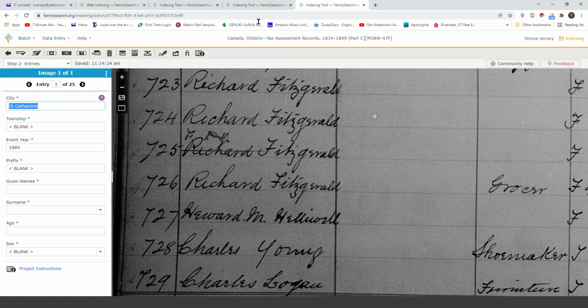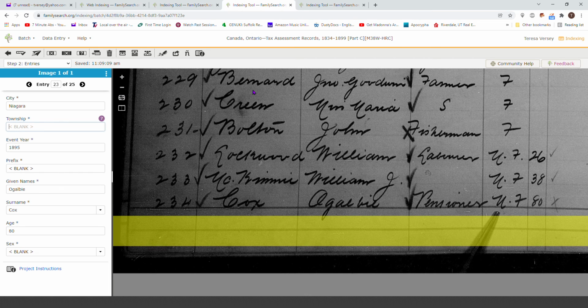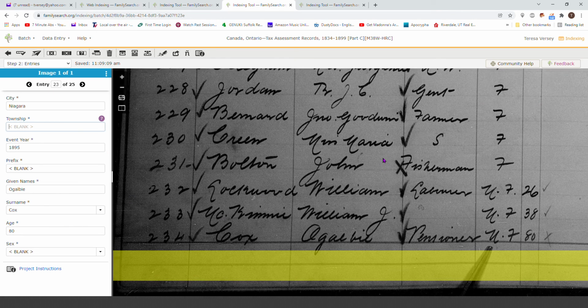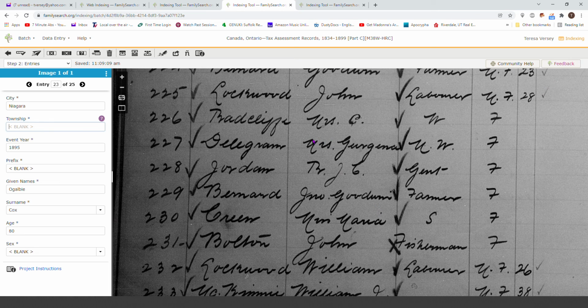I'm going to flip over to this other one that I have going, not that one, not that one, this one. Okay, this one right here. So this one I finished. I've got this done. I'm at the bottom. I did want to show you in here. Yeah, right here. A lot of times if it's a female, they'll put this Mrs. in front of it. Okay, so when it has the Mrs., that's your prefix. It goes in right here. And then you know it's also female, so you can also put that in down here because the Mrs. tells you that. So those ones you can fill in.